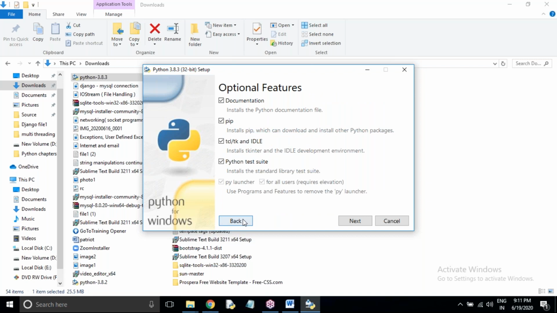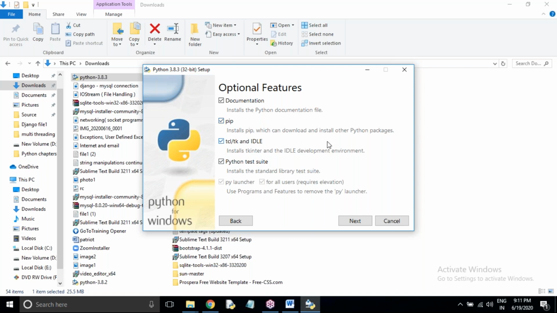When I click on customize installation, here you can see documentation. If I want help or notes for any module or function, I can select this, and it will show help also, like in Python we can get the help. And here you can see pip is there.